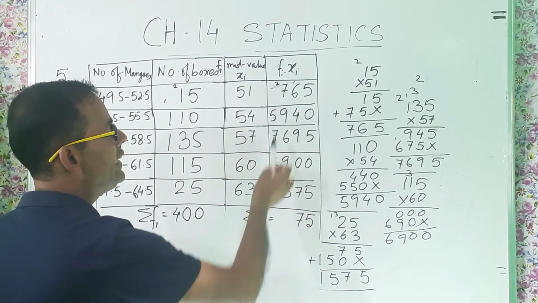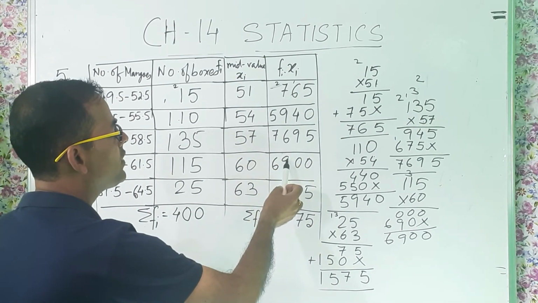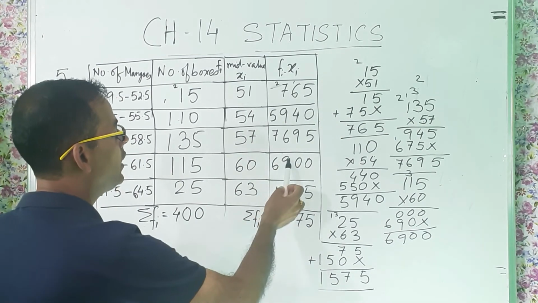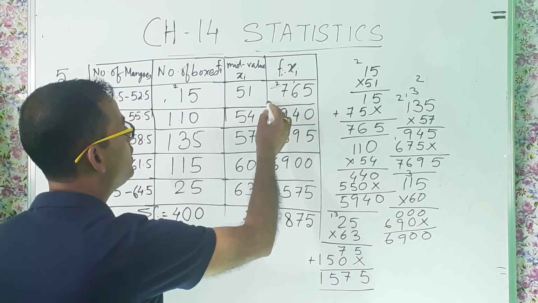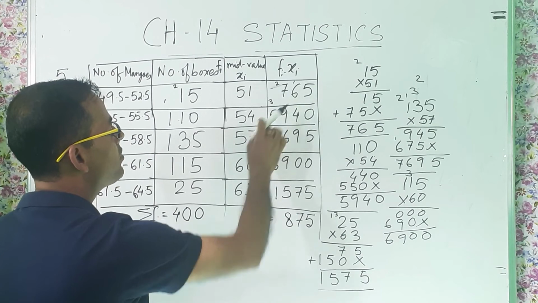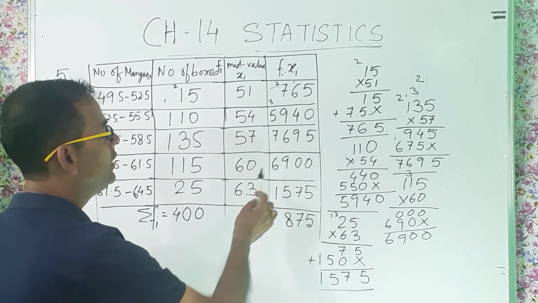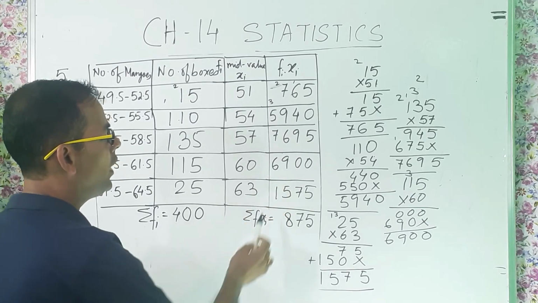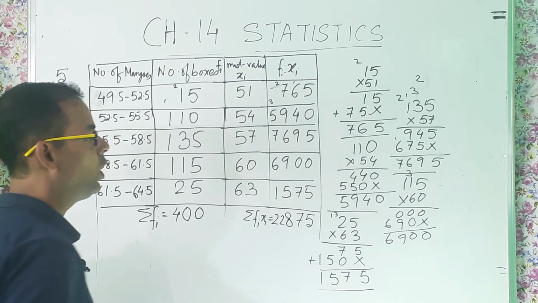9 plus 9, 18. 18 plus 6, 24. 24 plus 9, 33. 33 plus 5, 38. So 3. 3 plus 5, 8. 8 plus 7, 15. 15 plus 6, 21. Plus 1, 22. So you got